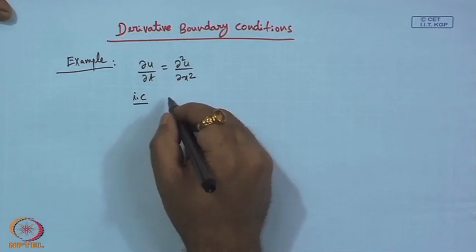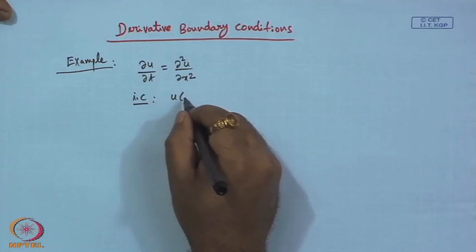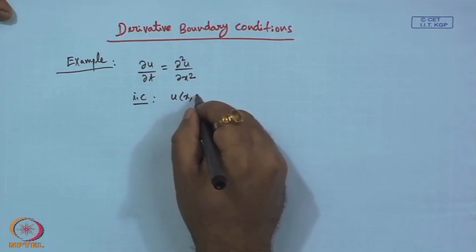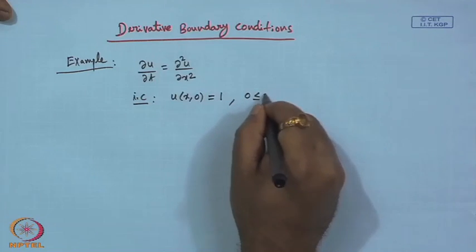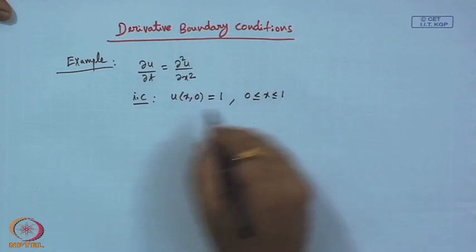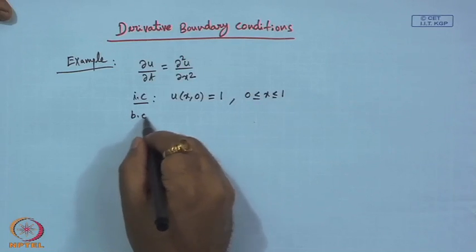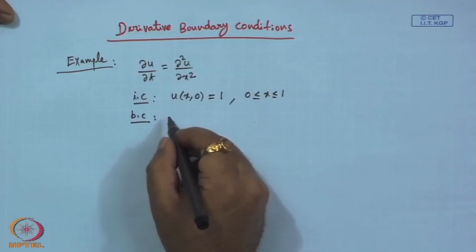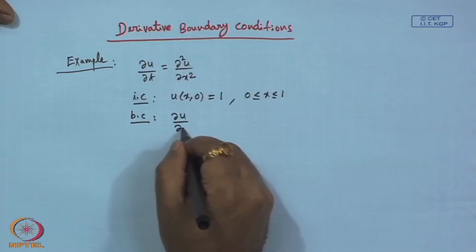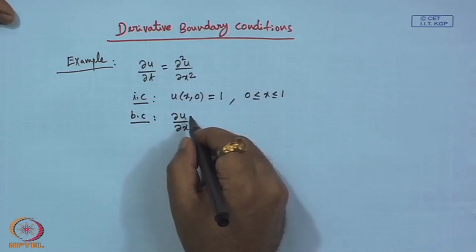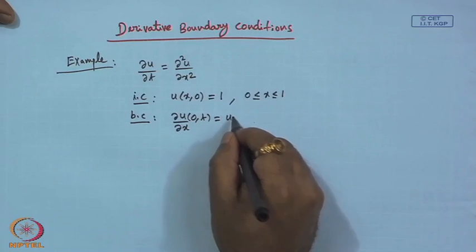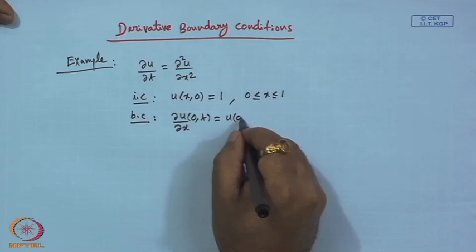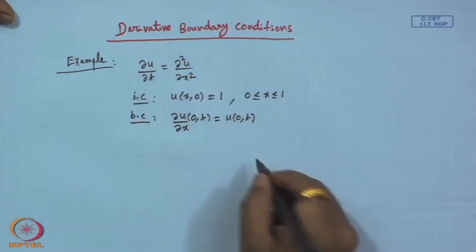Initial condition, u of x, 0 is 1. Then boundary condition, dou u by dou x at